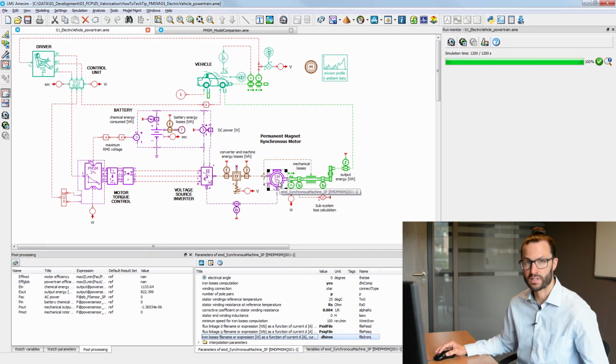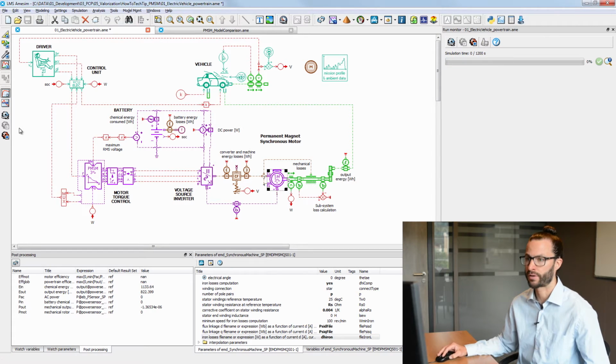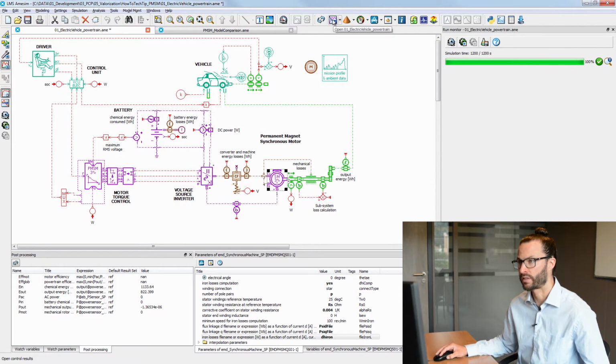It is a quasi-static component using a space phasor representation. The current dynamics are neglected for the fastest simulations. This approach is very efficient for a vehicle simulation, and I can launch a simulation here. It is very fast, and we can get the results with these saved plots here.